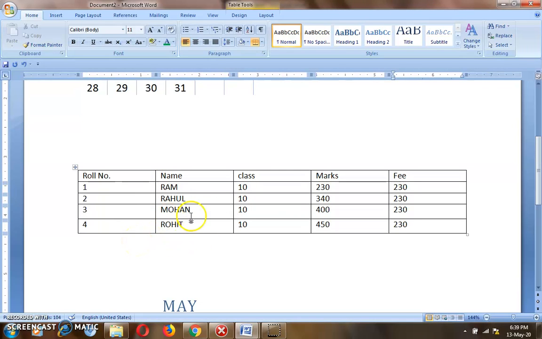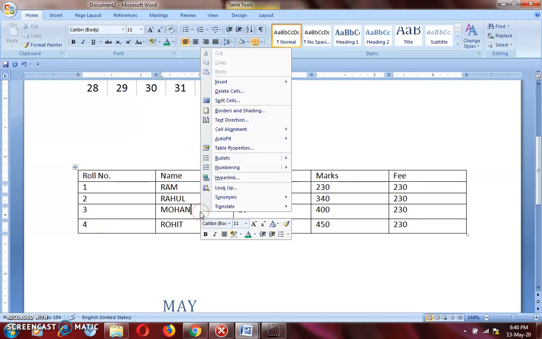And if you want to delete a row from a table, suppose I want to delete this row where roll number is 3, Mohan, 10 and marks. I want to delete this particular row, then click in this row in any column, not in the first column, in any column, then right click.